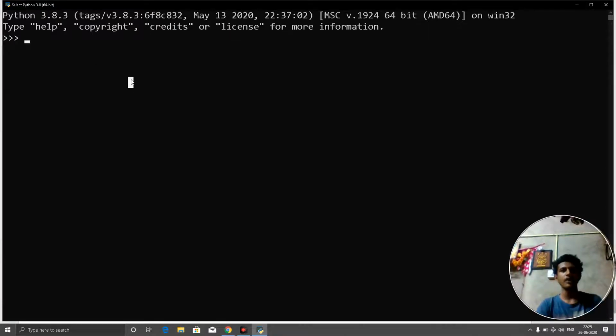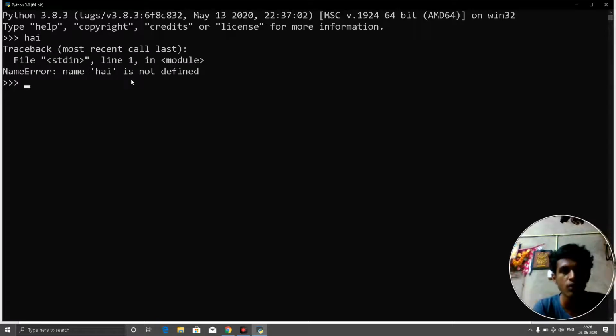And now today let's see something about strings. A string means a set of characters, or a char data type. And in Python, if you want to write a string, let's try something: hi. I will just type hi and click enter. It will give us an error: name 'hi' is not defined, because it takes this as a variable.